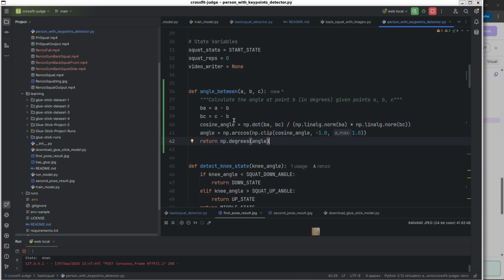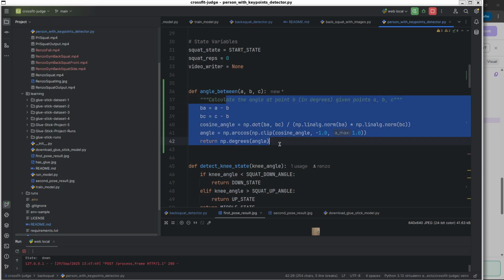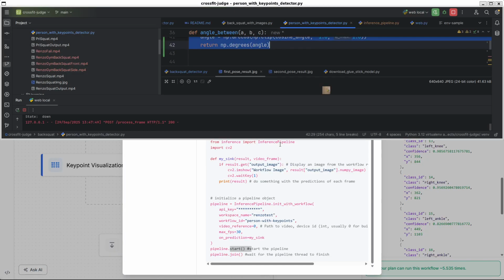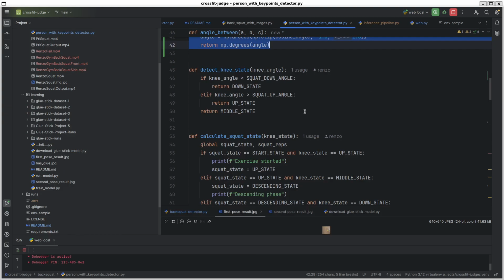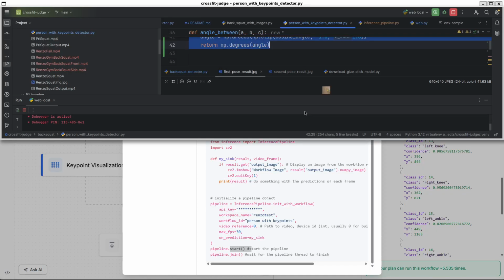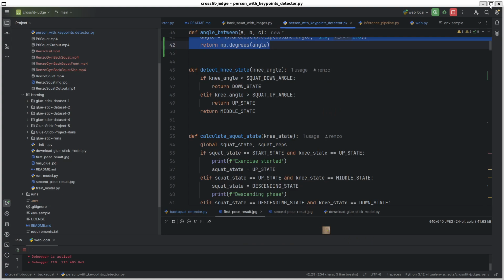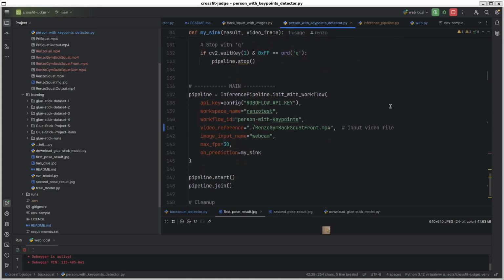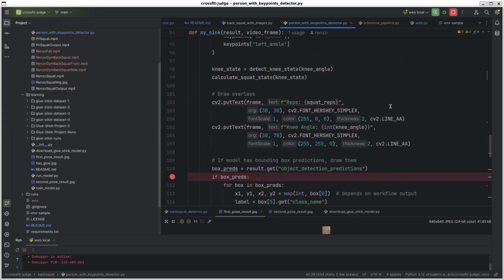So it helped me by providing the angle function from here. Oh, sorry. Let's check, and base it on the angle that I have.